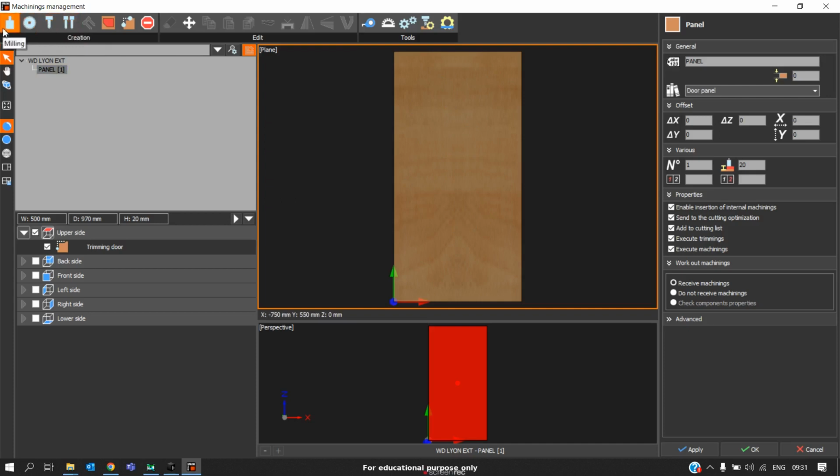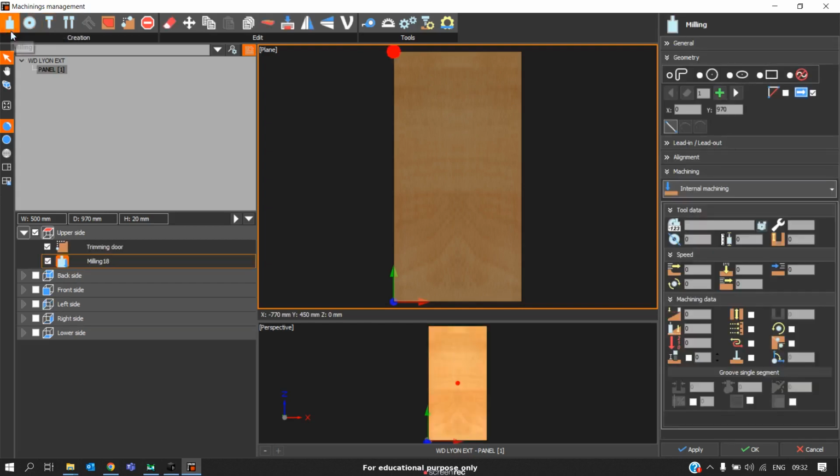Milling operation can be used to do any cutout. For groove operation, we can use saw blade, or for any holes, we can use drilling. Now for milling, what we can do is click on milling. We can see a milling operation is added to the upper side. We need a glass cutout. To do a glass cutout, we can use this shape,